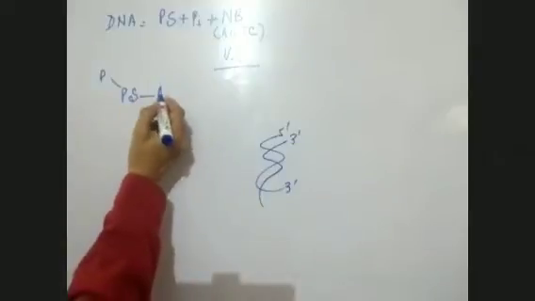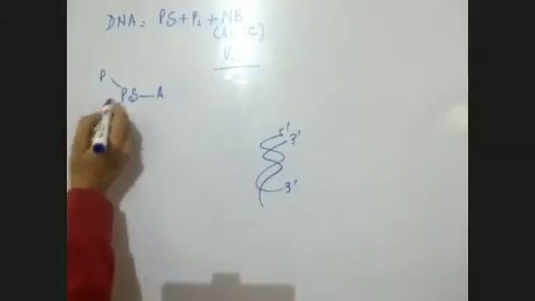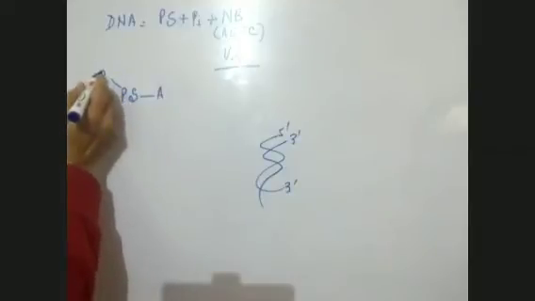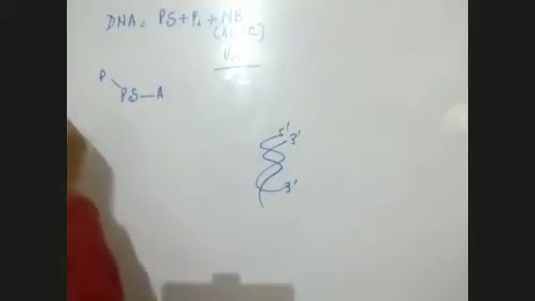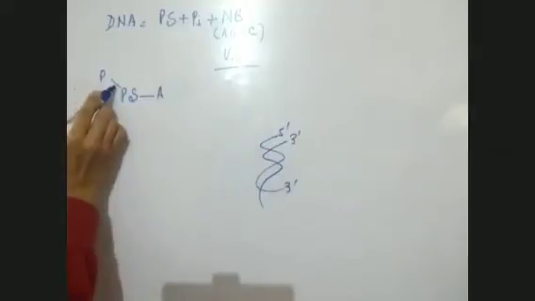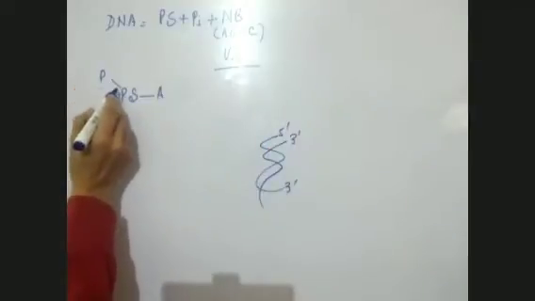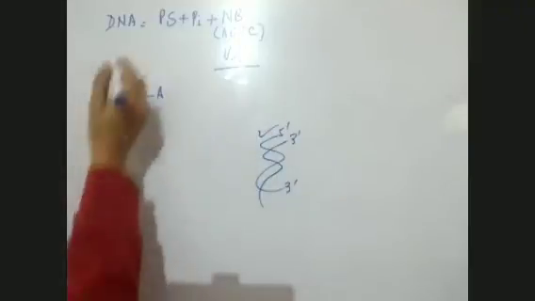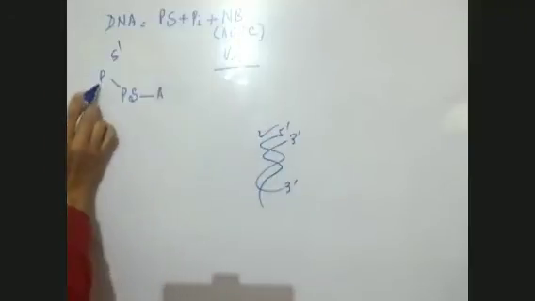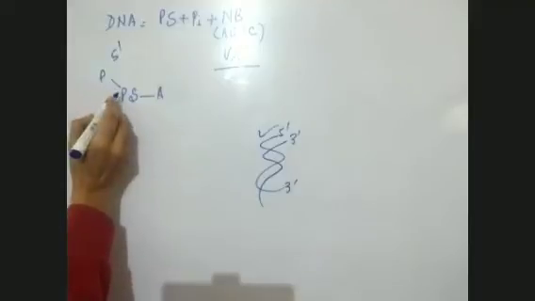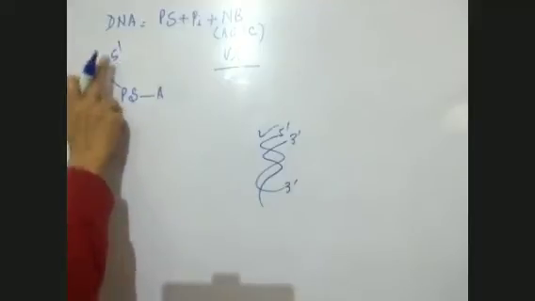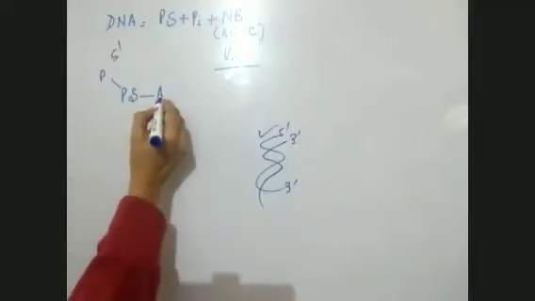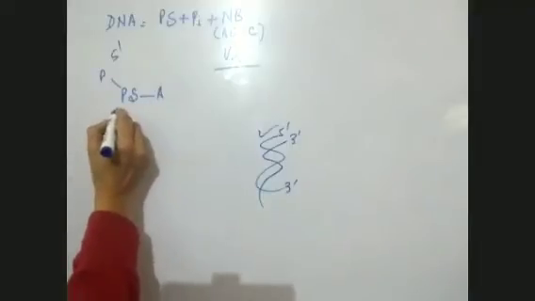So now here, the nitrogenous base is attached to the first carbon of pentose sugar. And here, if this strand of DNA is starting with 5 prime, the phosphate will be attached to the fifth carbon. Okay, because I'm saying that the first strand is starting with 5 prime. So the phosphate will be attached to the fifth carbon here. That is why 5 prime. Now here we have adenine connected over here.